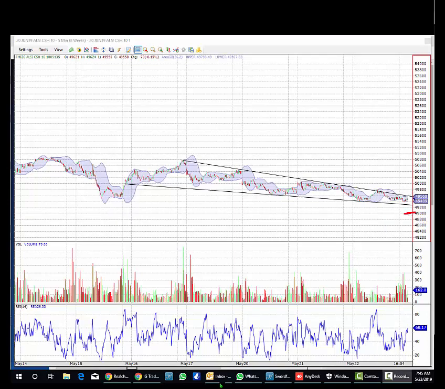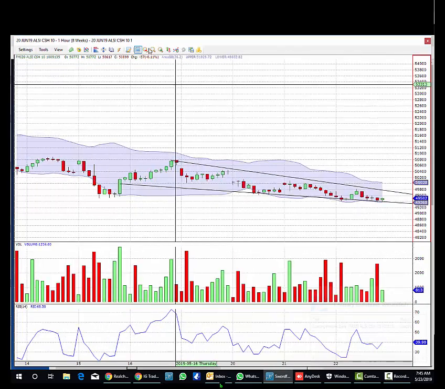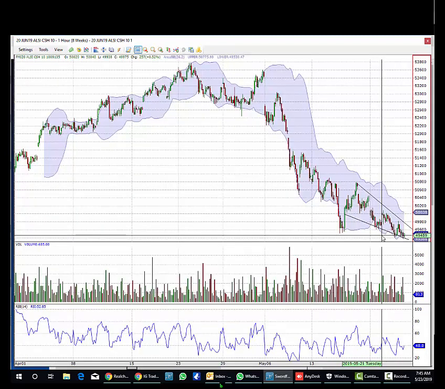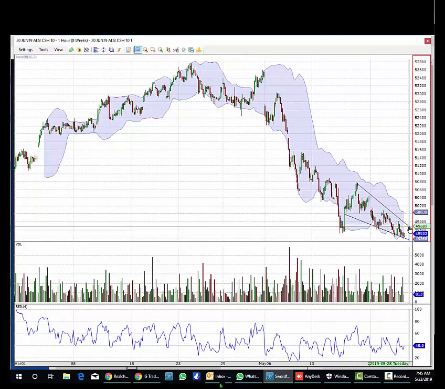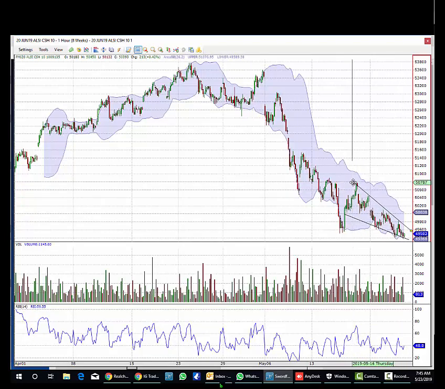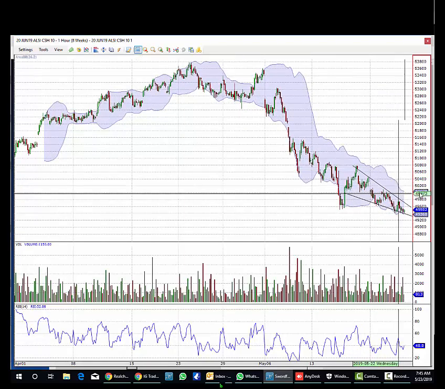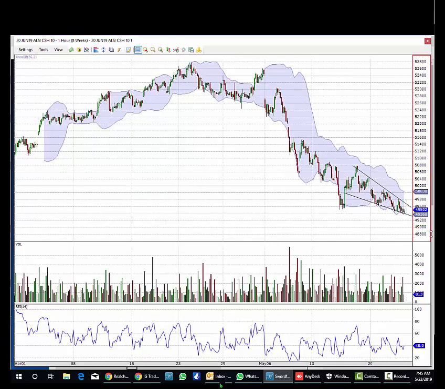Okay, if we zoom in here, maybe let's take an hourly, see if we get the same result in terms of that diagonal. Yeah, there we go. You can see the diagonal there. It's a slightly more complex diagonal than most, which makes it problematic or slightly more difficult to read, I think. So the overthrow is either going to be an overthrow down to this kind of level over here, or we have a proper flat bottom triangle which has a much bigger target.